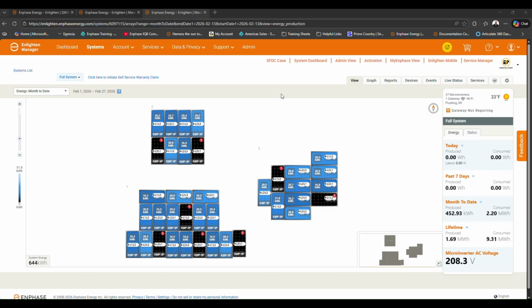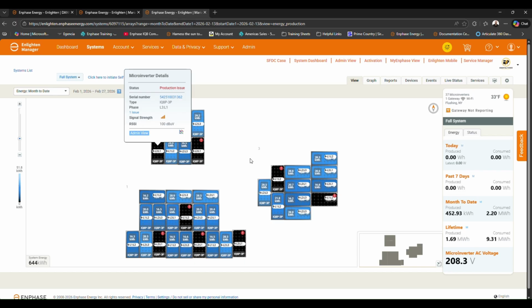When we're in Enlighten Manager and we're looking at the overall view of that site, we can quickly identify which module or microinverter has an issue by those exclamation points. When we click on an exclamation point, you can quickly see that the microinverter details shows a status production issue. To troubleshoot and figure out what's going on with that microinverter, we can easily click on Devices,